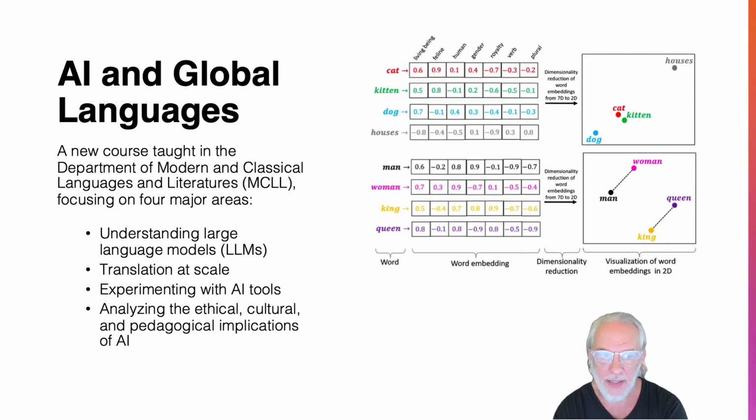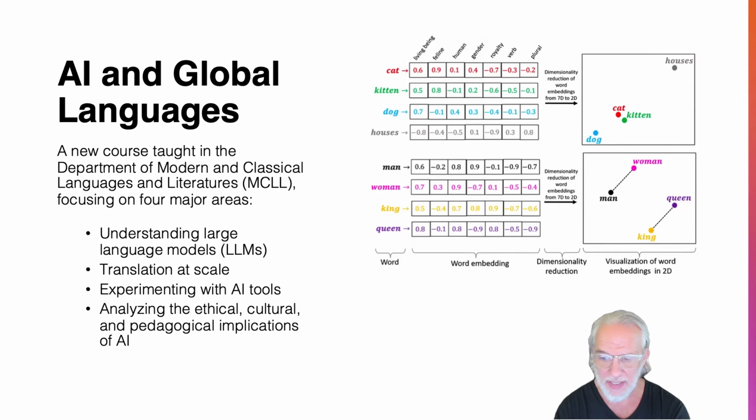As you know, the class has four major areas that we're going to focus on. We're going to start by looking at understanding large language models, kind of from the ground up. You know, a lot of you use ChatGPT or Gemini, and you enter a prompt and you get a response. But the idea here is that we're going to get into the details of how these things work, at least on a conceptual level. But if you don't have a technical background, don't worry. I'm going to explain this in the most accessible way possible.